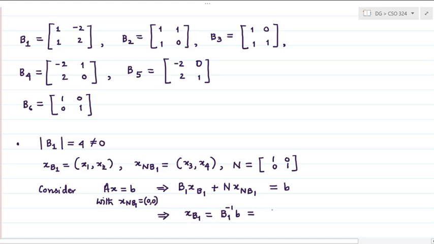B1 inverse: the determinant is 4, so it is 1/4 of